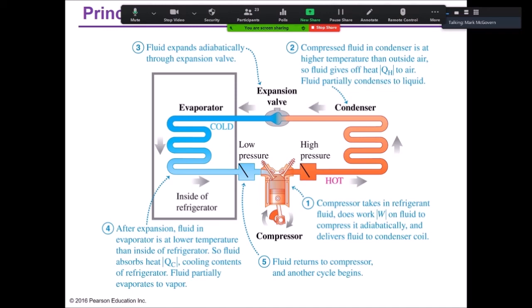The work that's being done is in the compressor. It does work on the fluid to compress it, to bring it to a higher pressure that will raise the temperature of it, and then the heat can be extracted out. The expansion occurs, it's brought to a lower temperature, it takes the heat out, and this process keeps going. So the work being done is in the compressor. The QH is on the coils on the back or the bottom of your fridge, and then the QC is the heat that's extracted out of the refrigerator.